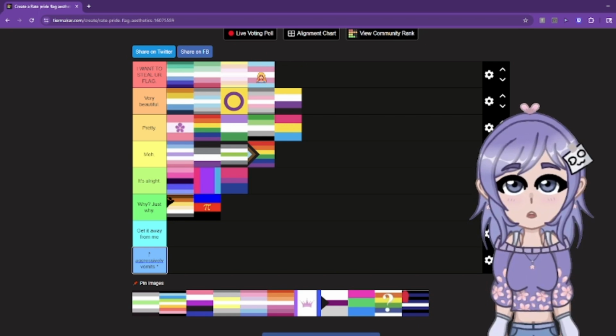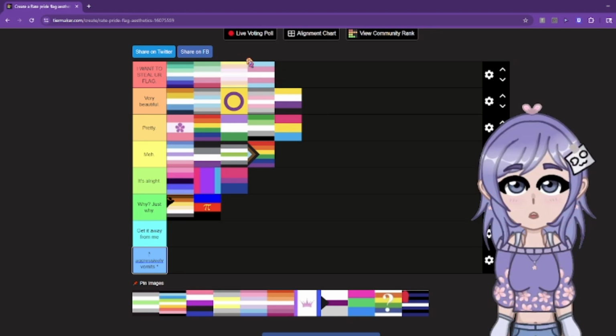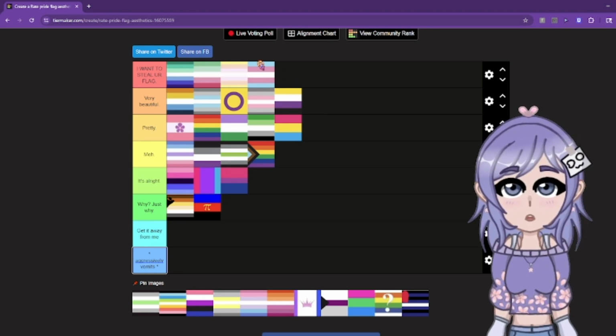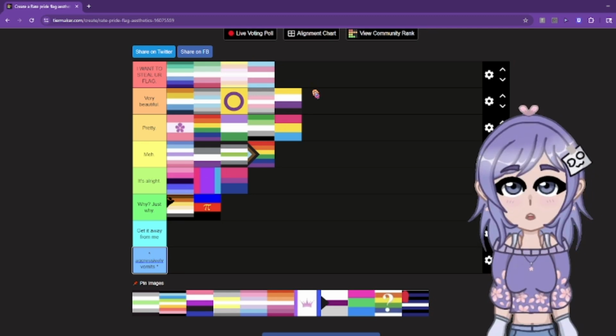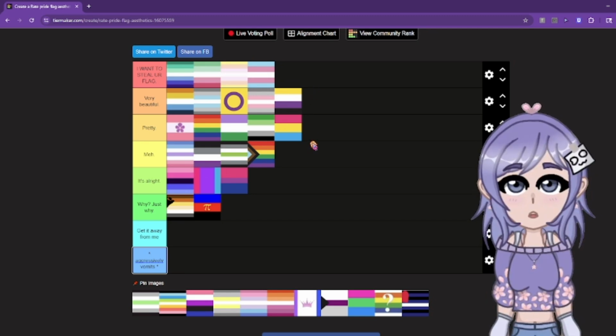It's a peak design in general. I gotta be honest, I would steal this flag because it's so beautiful. It is beautiful. I gotta be completely honest. But anyways, the next one,